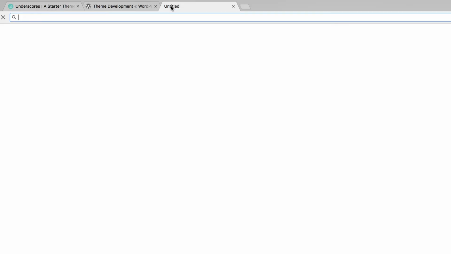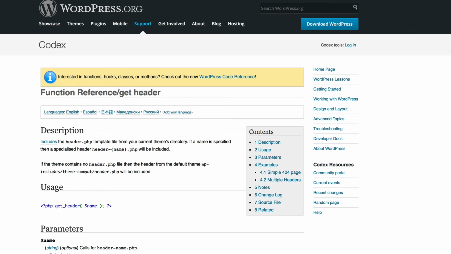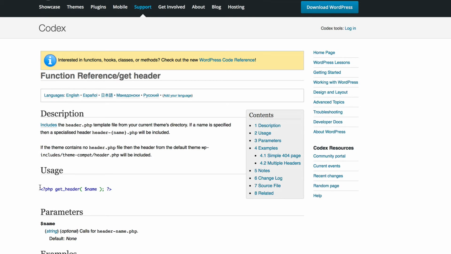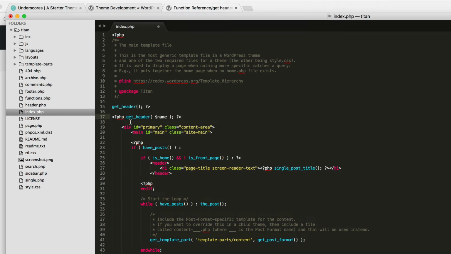If you Google that, WordPress get header, we'll go right to the codex, and you can see here, get header. That's the usage. See, they open the tag and they close the tag. When I first started WordPress development, I was like, okay, I need this whole tag right here, and I would copy it and put it in here, and it would work,